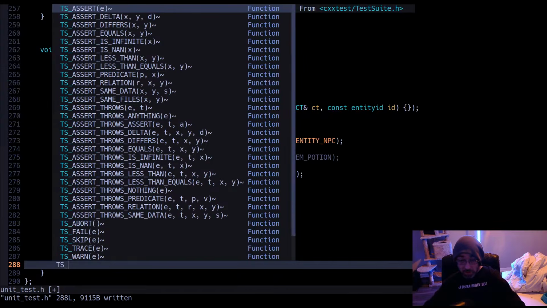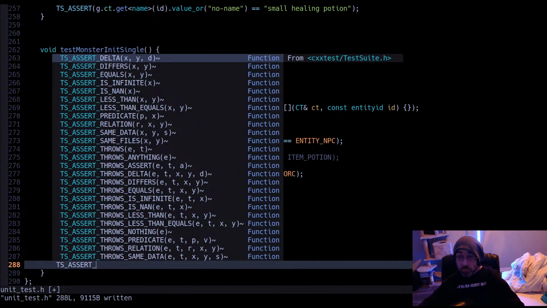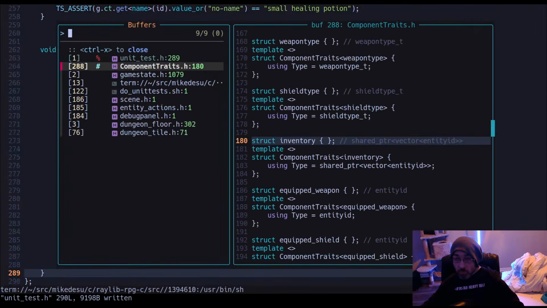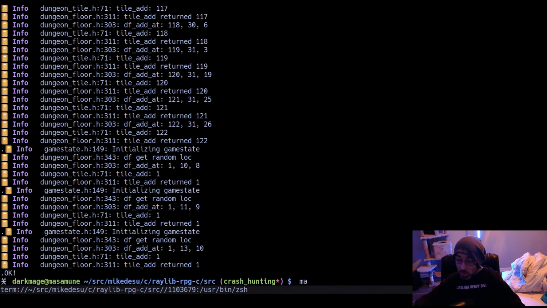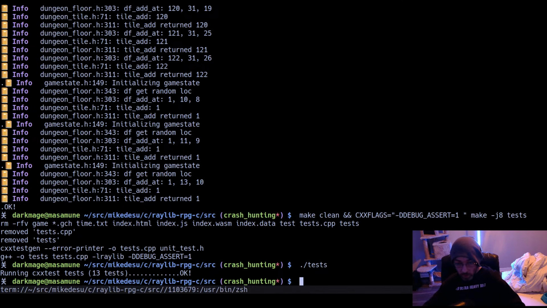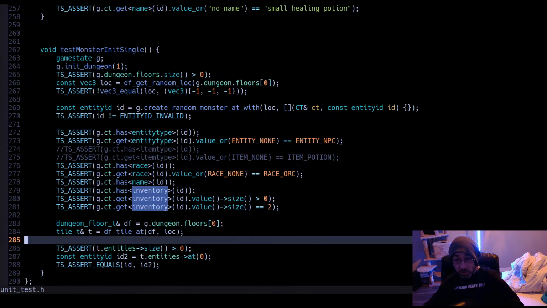And we're going to assert ID and ID2 should be equal. All right. All of the tests survive.